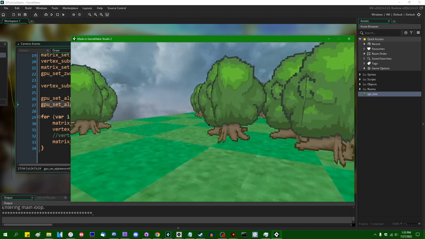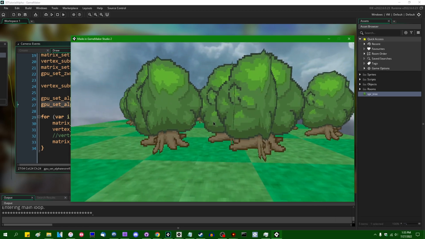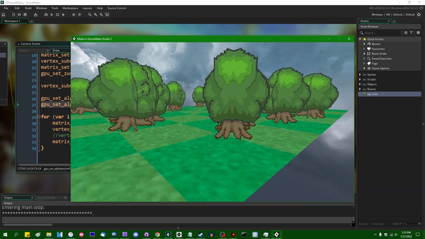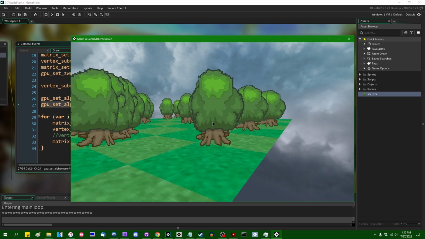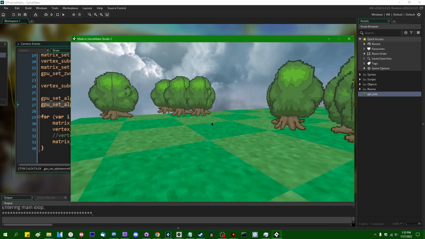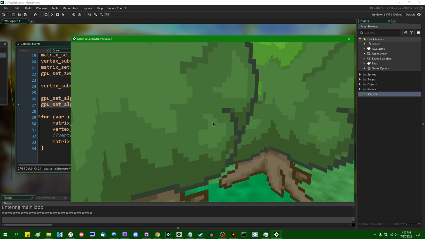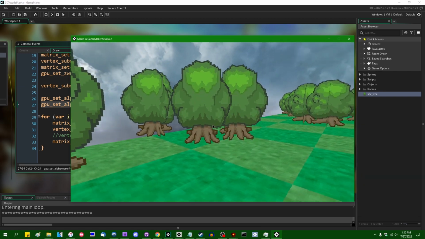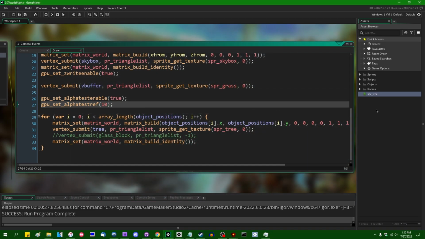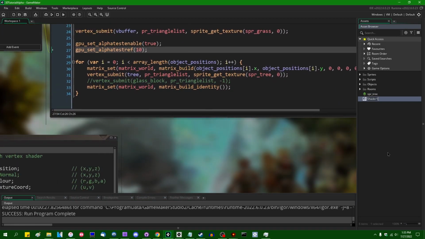Now when I run the game, we can see that we have our trees, and they're not occluding things with transparent pixels behind them, and they look pretty much as they should. Again, this is a problem that you often have when you're doing pixel art like this in 3D, or when you're trying to billboard sprites in 3D. And if you're using the default shader, then those 2 lines of code are all you need. If you're not using the default shader,